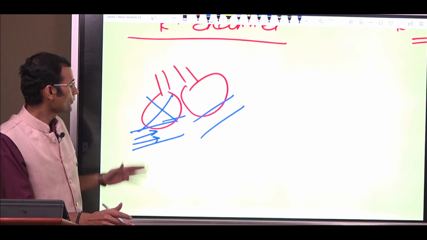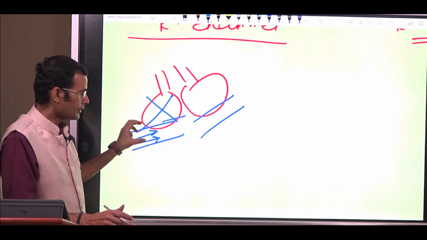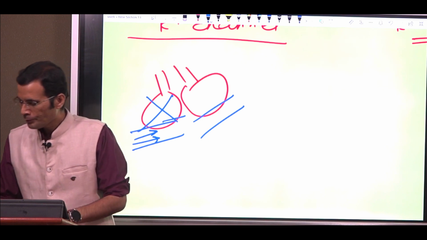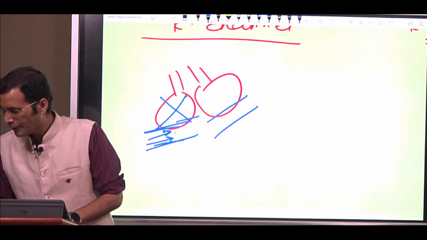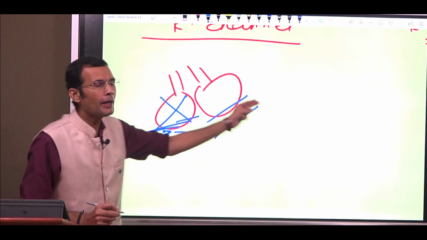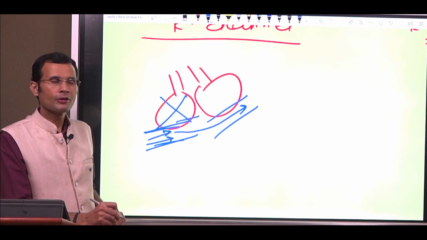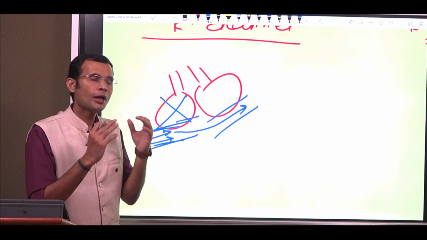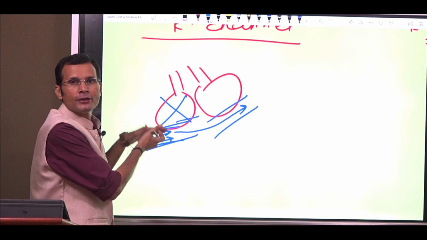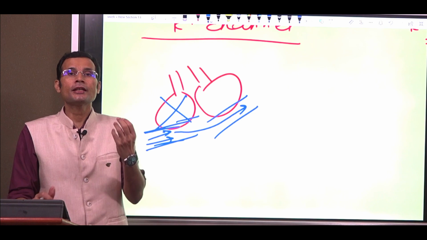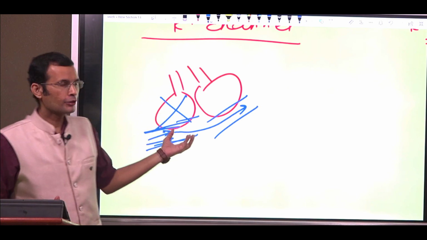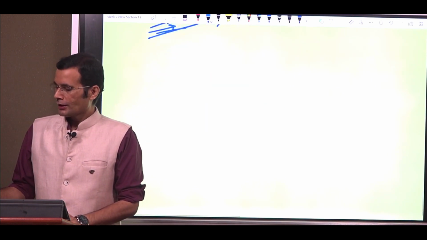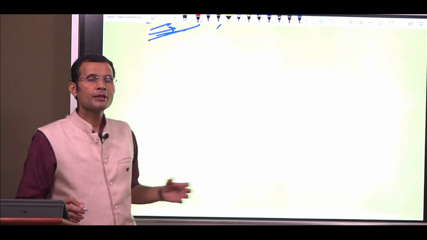So then these vessels in the hypoxic region will constrict and the blood flow will be diverted to a better ventilated region where there is oxygen that can be picked up by this blood. So, hypoxia causing vasoconstriction in the lungs is beneficial for the sake of oxygenation of blood. That was another special feature related to the pulmonary circulation.